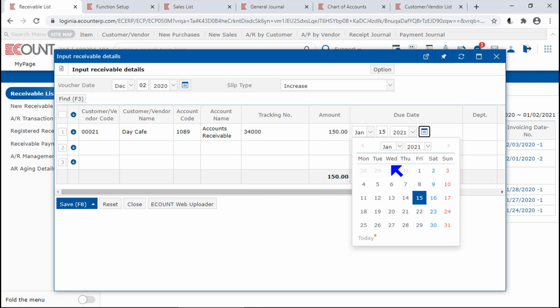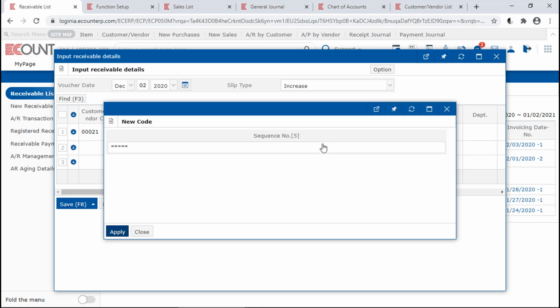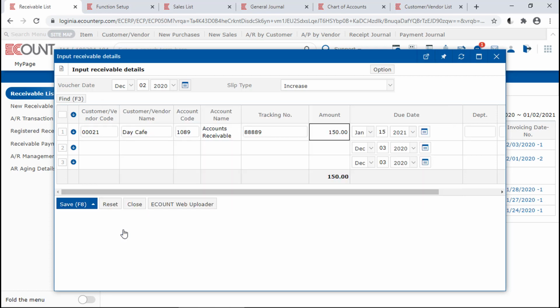In the Account field, you can enter one of the accounts set as a Receivable Payable account, such as the AR account, other receivables account, and so forth. And in the Tracking Number field, you can enter a random number or click the Function button on the right side of the field and have the program generate a new number. And for the auto code generation,